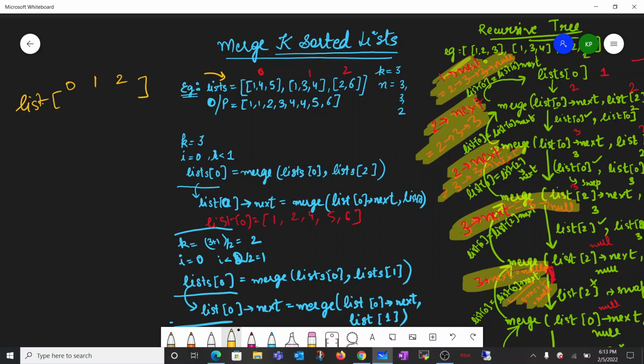The main concept here is that we consider the 0 and 1 lists, and we simply merge them. When we merge them, we get some other list. Then we merge 2 with this particular list,